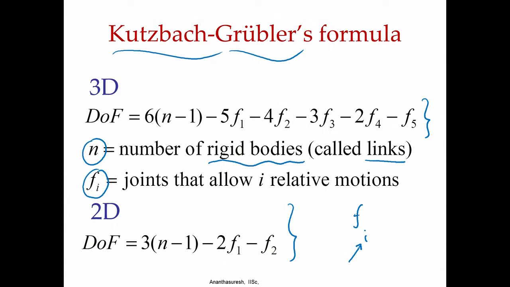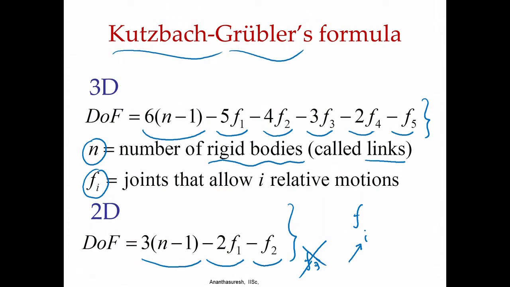So, if you have a revolute joint, that is a hinge, it allows one relative rotation, that is the relative motion that it allows. So, that will be called F1. The number of such joints is what F1 will indicate. Similarly, Fi. And in 2D, we have the formula 3 times (n minus 1) minus 2F1 minus F2. In the case of 3D, we have 6 times (n minus 1) minus 5F1 minus 4F2, and so on, all of these subtracted. Here F3 is absent, because if you say F3, it allows 3 degrees of